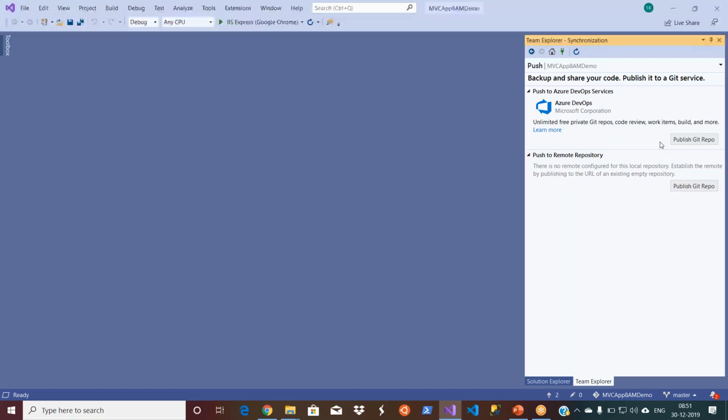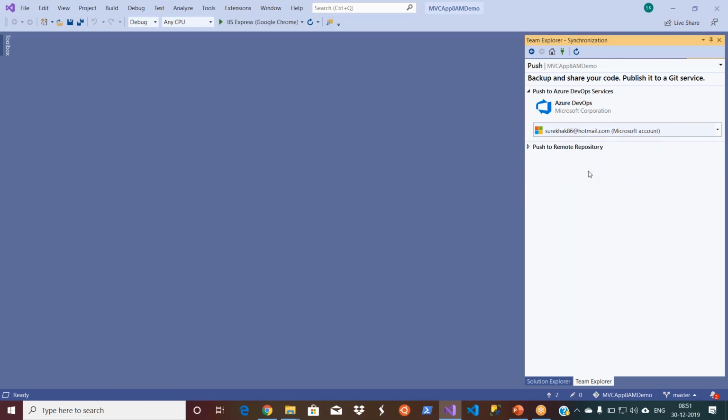So I was telling you about multiple options, right? We cloned it earlier. Now we are connecting our existing solution to the remote repository. Now this is Azure DevOps, the same thing we selected earlier as well. Now click on publish Git repo. We will talk about this later, the bottom one actually, publish Git repo. And now my account is being selected. Okay, my repository name is